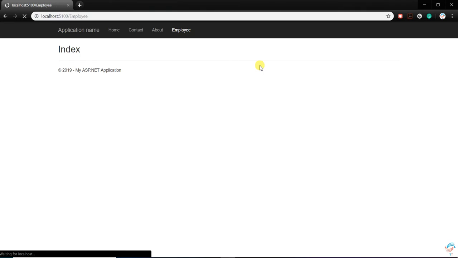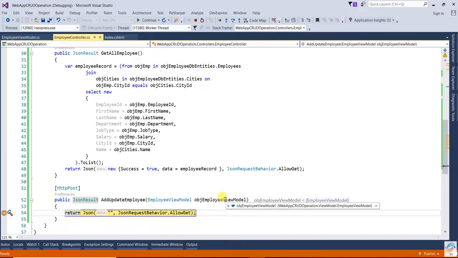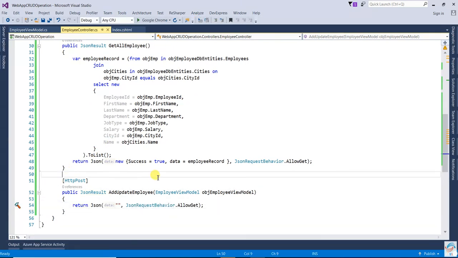Apply, add some dummy data, add employee. Now you can see, yeah, data is coming. Okay. Now what we'll do,